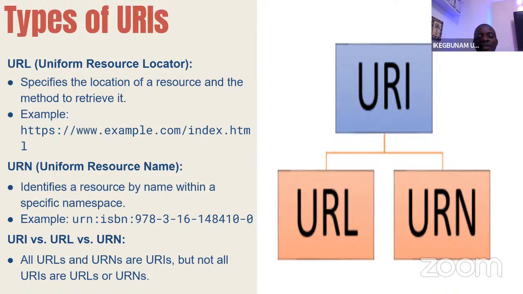Okay, but it's also clear that not all URIs are URLs. So when they mean not all URIs are URLs or URNs, we have two types of URI, which include URL, Uniform Resource Locator,